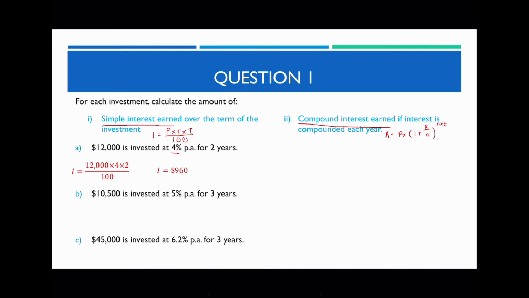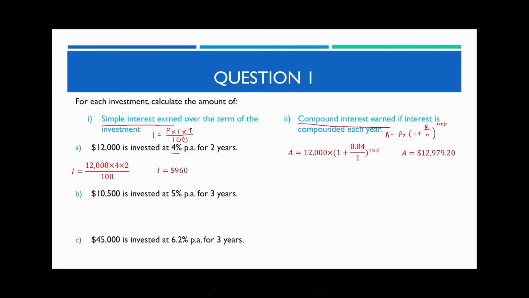In this case, I'm going to go 12,000 times bracket 1 plus 0.04, because I've converted 4% into a decimal. The way we do that is we go 4 divided by 100, which is equivalent to 0.04. I'm dividing it by 1 because this example doesn't tell me whether it's compounded monthly, quarterly, or annually. So I always assume it's compounded annually, and that means I only earn interest once a year. So N is equal to 1. If I do this, you're going to get an answer of